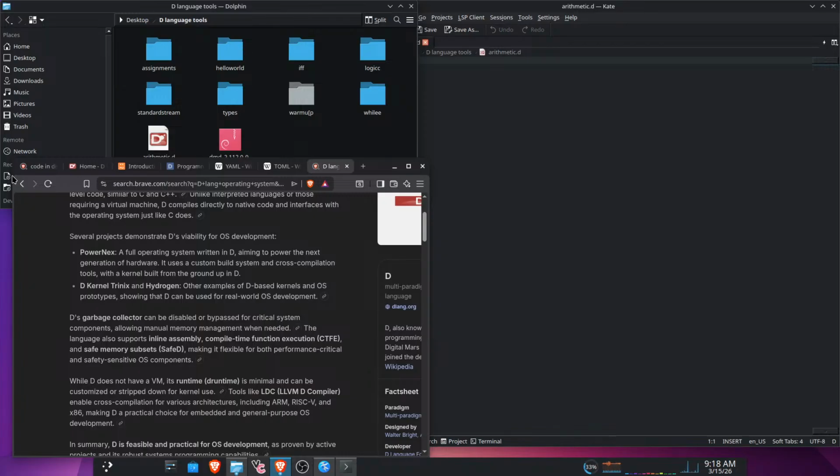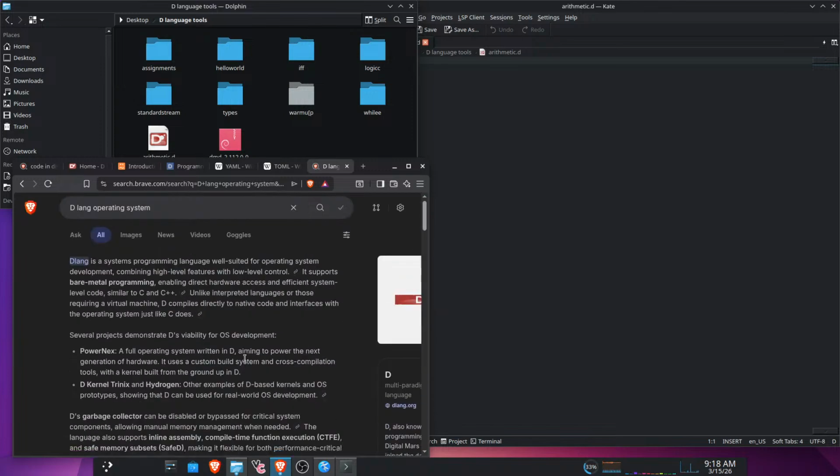Obviously, a very powerful language, like how C is a very powerful language, but C is more widely used. This will be perfect for building a video game on. While D does not have a VM, its runtime is minimal and can be customized or stripped down for kernel use with tools like LDC,